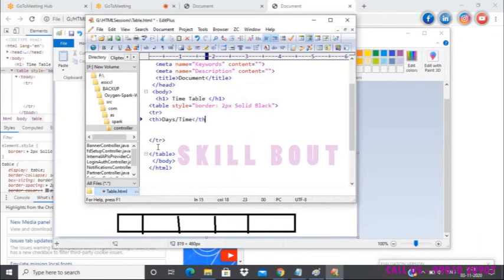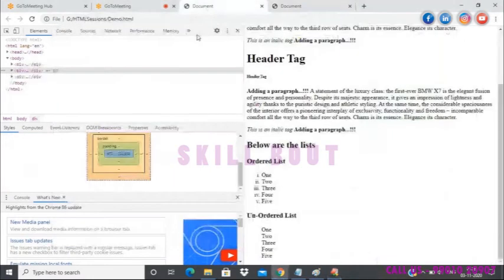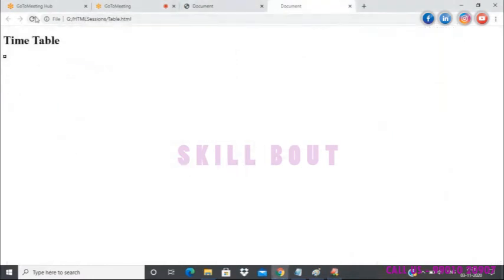Then I'll close this and show you the structure now. We have the first row and first column of the table. You can also observe the difference between using the th tag, which represents the table header, and how data is weaved.